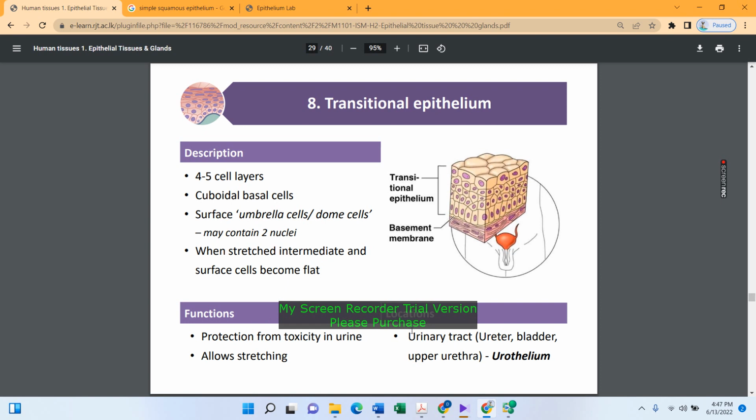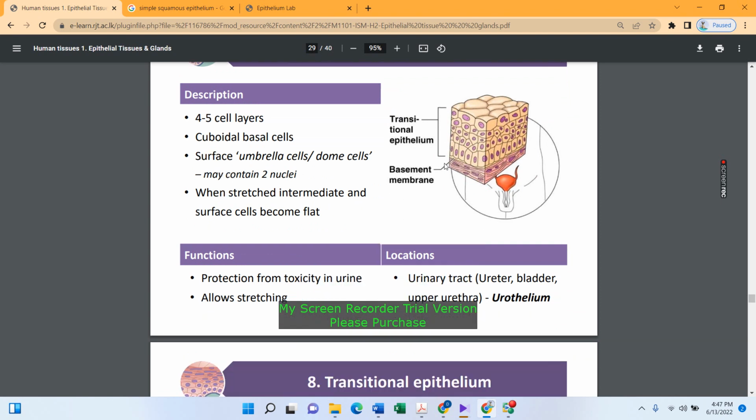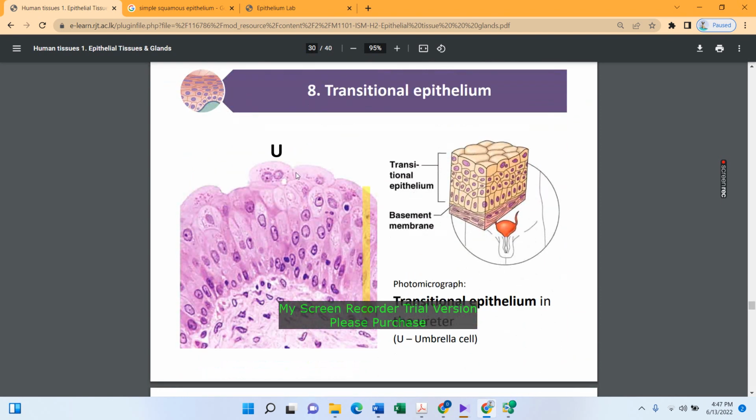So the locations are the urinary tract. In the ureter, bladder, and upper urethra, this transitional epithelium is formed. What's important here is that on the surface you find these dome or umbrella cells with two nuclei, and that's important in changing the shape. When stretched, they change their shape, which helps in protection from toxicity of the urine